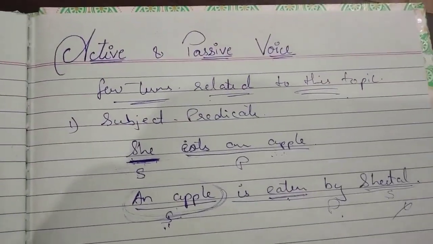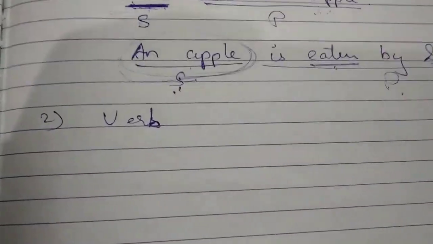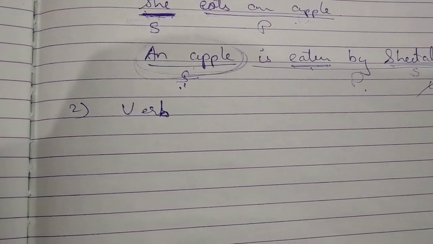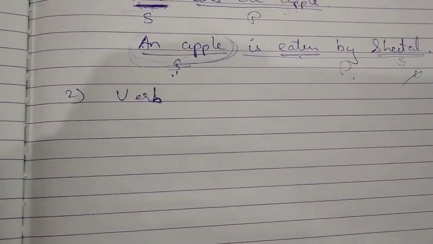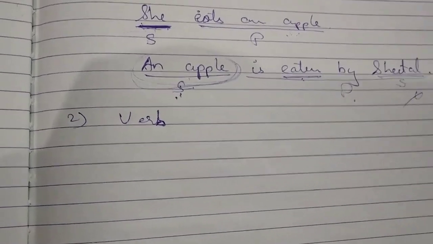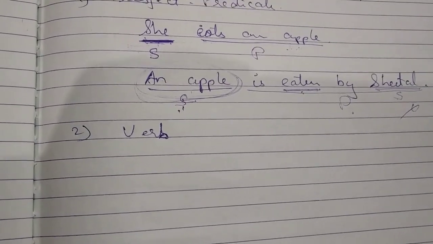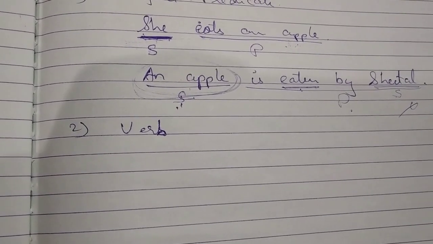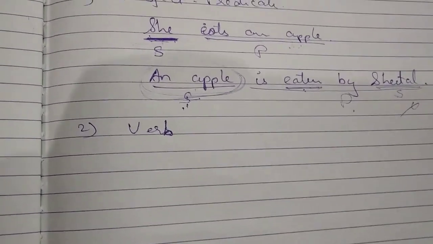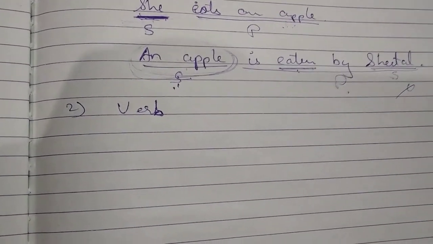Now number two, that is verb. One more term before coming to the topic we are going to clear. Now what is a verb? As you know, a verb is not only an action word. Many students get confused that a verb is just an action word. Three types of words can be called verbs: an action word, a word which shows a state of being, and a word which shows an event. Example of action: eat, talk, jump, run, walk, dance. Now words which show state of being are basically auxiliaries.